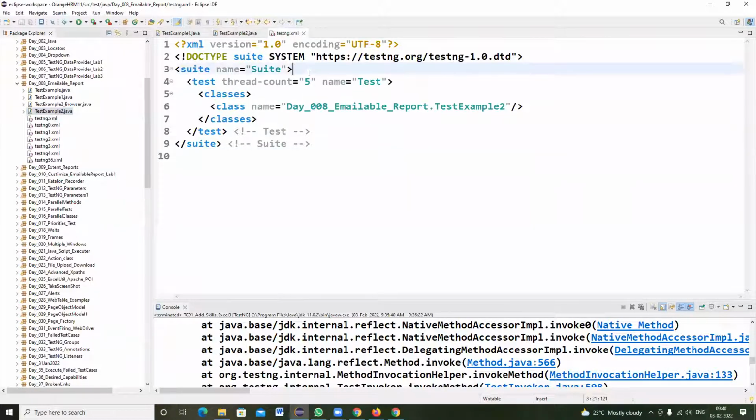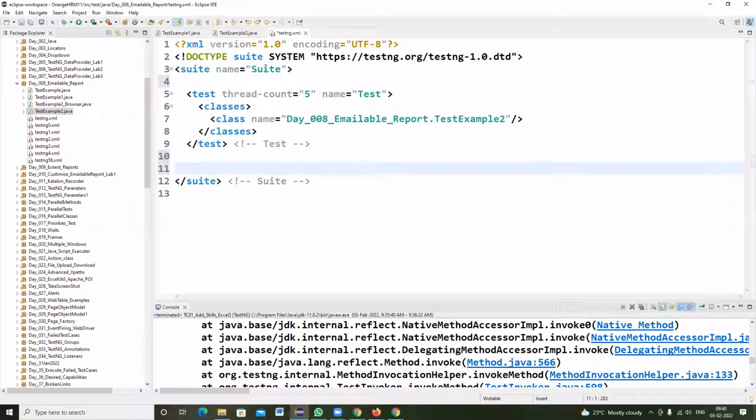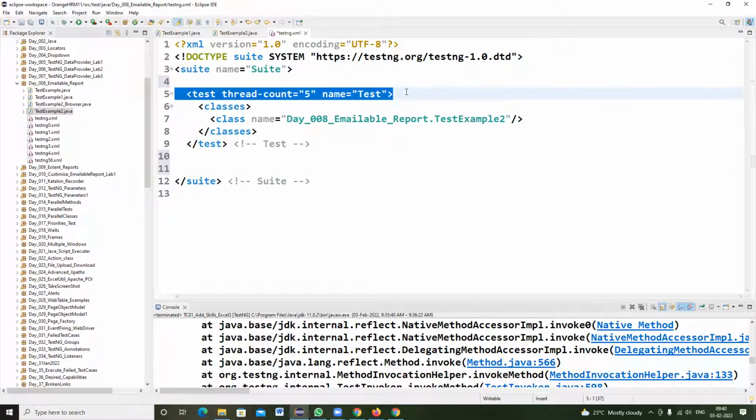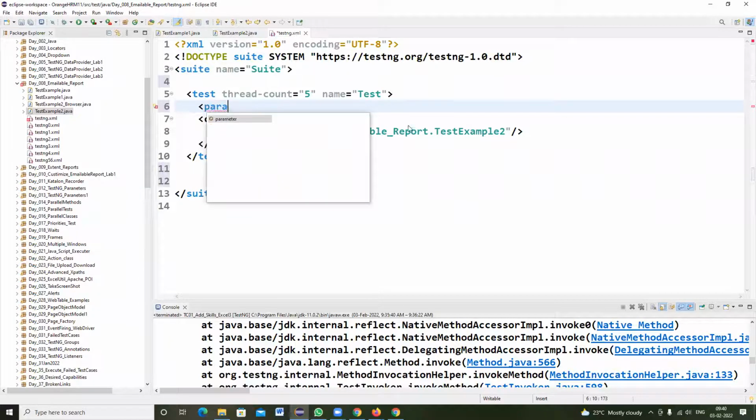So after generating testng.xml, this is the suite block which contains the test block like this. Under the test block, I'm writing some code manually.